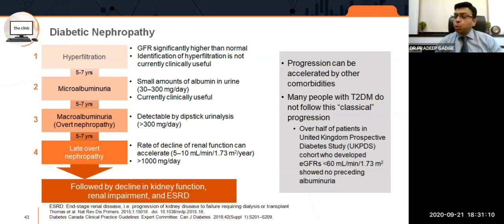So this is the stage when you should make the patient understand the importance of cutting down salt in the diet, the importance of good lifestyle modification, diet, and exercise. And many a time in this stage, you should think of starting ACE inhibitors or ARBs, because this is a stage where there is intraglomerular hypertension. The pressure in the glomerulus, I hope you can see my hand, the afferent comes and the efferent leaves. The pressure in the glomerulus is high even if the patient doesn't have systemic hypertension.